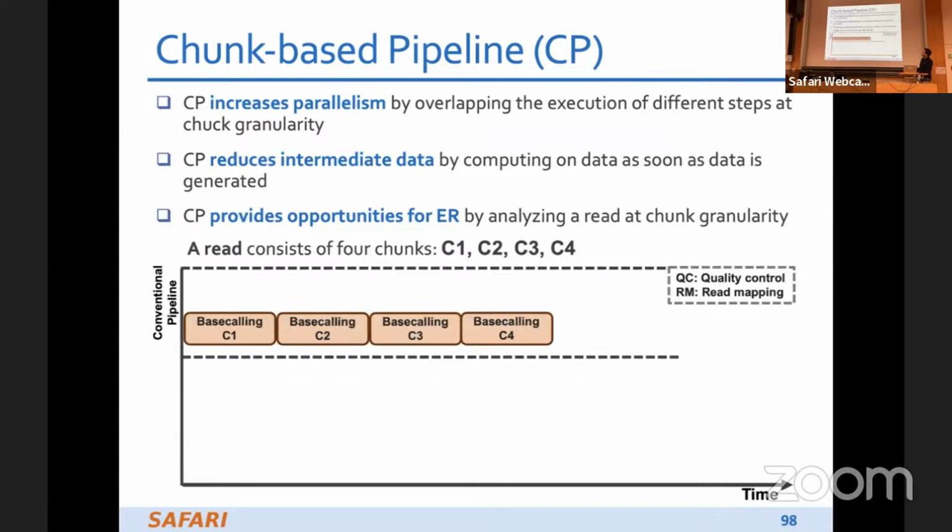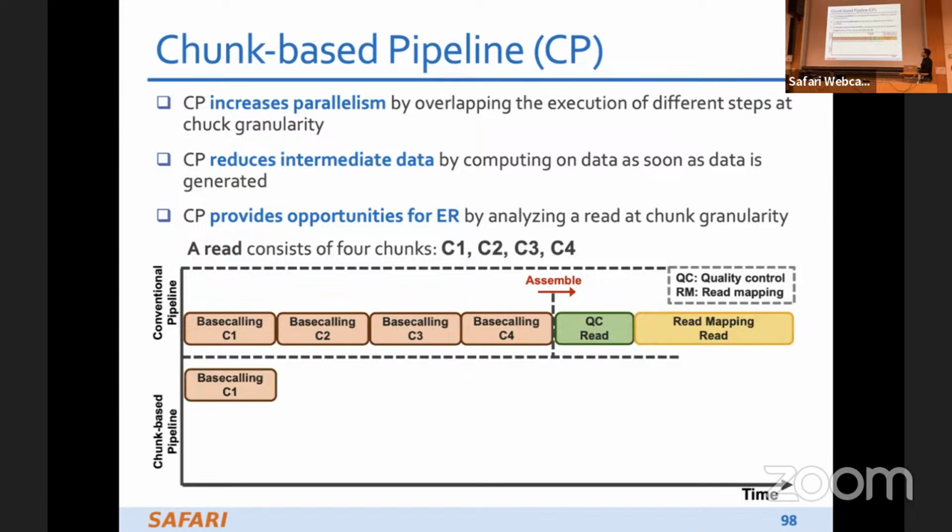So what you do in the usual base calling configuration is you base call the raw signals chunk by chunk. This is how the deep neural networks work in their structure. Then after your base calling is finished fully, you assemble these chunk reads, and then you perform your quality score checking, and then your read mapping, right? So that's the usual